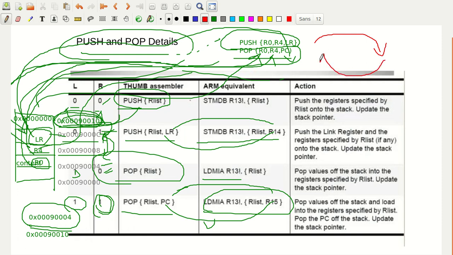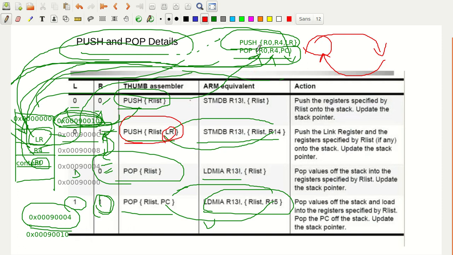So by doing this, you are pushing, storing the content onto the stack. Again from the stack you are retrieving it back into the registers, and when you retrieve back to the registers, the important point is that you know where you have to come back. That's why you are putting the link register also. The purpose of this is that within a function you are calling another function, or within a subroutine you are calling another subroutine, or within that subroutine you call another subroutine. At that time this instruction definitely has to be used because you have to know the return address. The link register will help in getting back the return address. That's why you store the return address onto the stack.